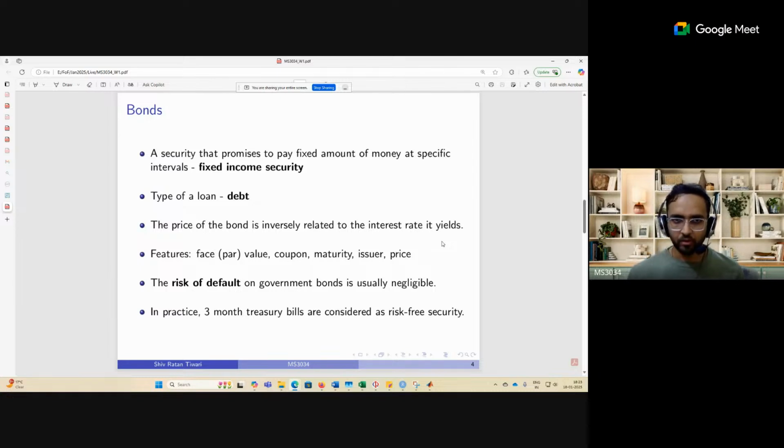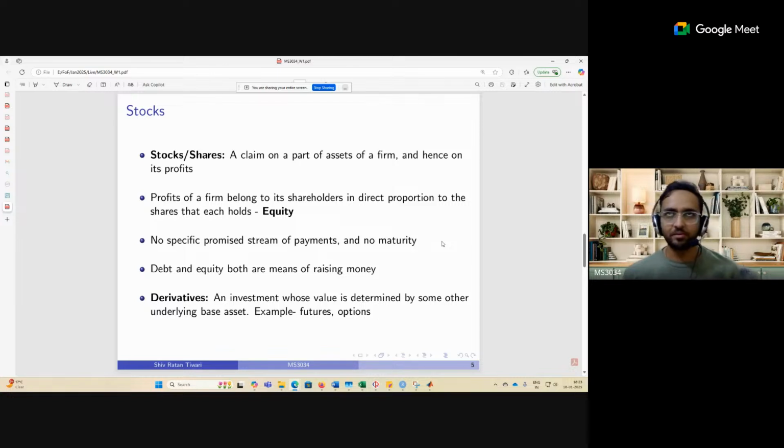Okay, so next we discussed briefly another type of financial asset, that is stocks, or in general we also call them shares. So what are they? It is a claim on a part of a firm, a part of the assets of a firm. For example, if you are purchasing shares of Reliance Industries, and let's suppose there are 1 million shares of Reliance Industries in the market,